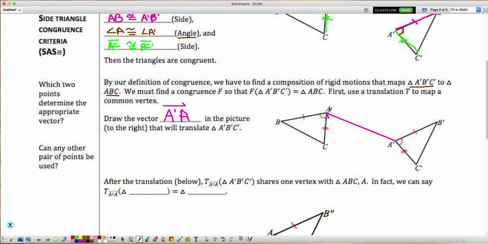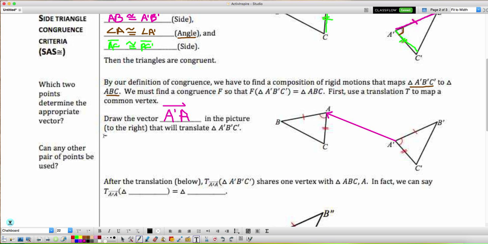If I move those together, I know that those 2 angles correspond to each other because they're the same size. That was given to me. So can another pair of points be used? I'm just going to type out this answer because it's difficult to write. In this case, I would say no. No other pairs of angles could be used because I don't know anything about B being equal to B prime at all. The only one I know for sure is that A and A prime are congruent to each other. So here I would say no,